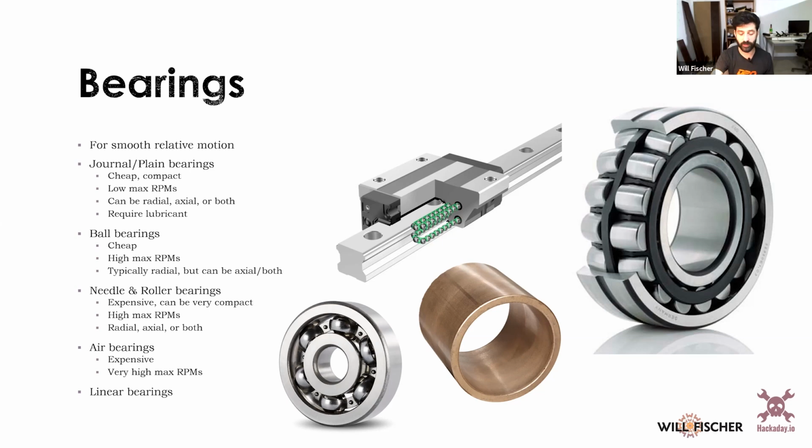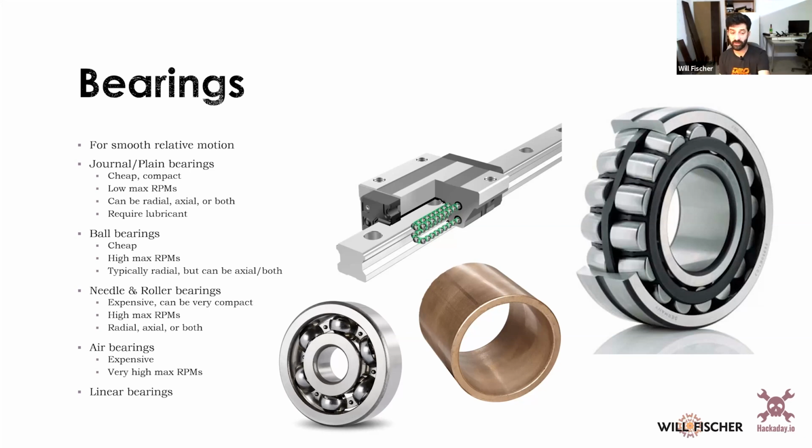You can get slightly more expensive ball bearings. You can see down there an unshielded ball bearing in the image, but what I've got here is a shielded ball bearing. That just means they put a little piece of plastic in there to make sure dust doesn't get in, in case I'm operating it outdoors. Ball bearings are also really cheap, not quite as cheap as plain bearings, but still pretty cheap. They have much higher max RPM, so if you're spinning something really fast, ball bearings can go pretty quick. And they are typically rated for radial loads, not axial loads,